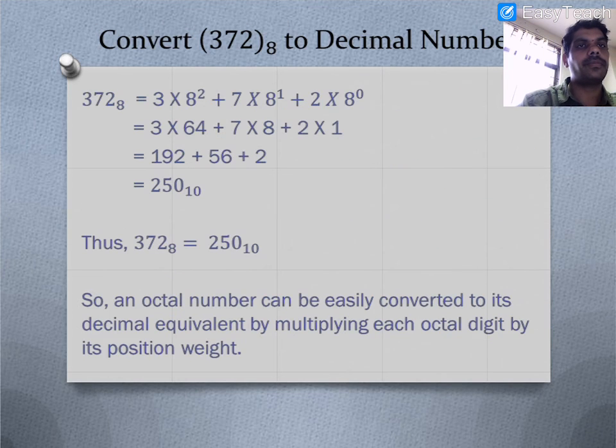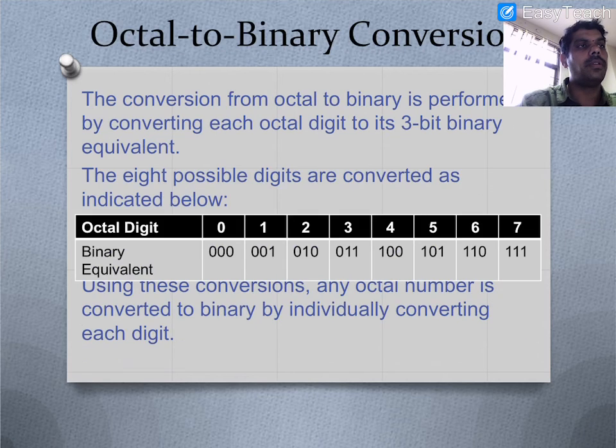And coming to octal to binary. Just now I told you, 8 to the power of 0, 8 to the power of 1, 8 to the power of 2. In order to convert an octal representation into binary, octal in the sense 2 to the power of 3, which is 8. So for every octal digit we are going to take 3 binary digits. Because 2 to the power of 3 equals 8. So for each and every octal number we need to convert individual digits into binary representation. That's it, very simple.